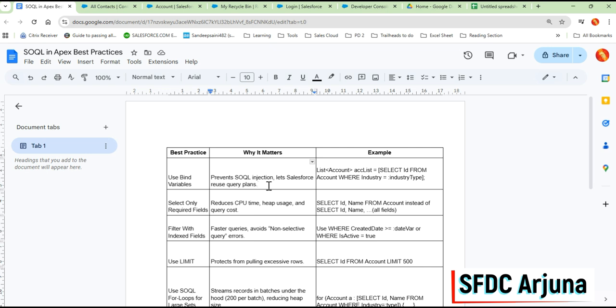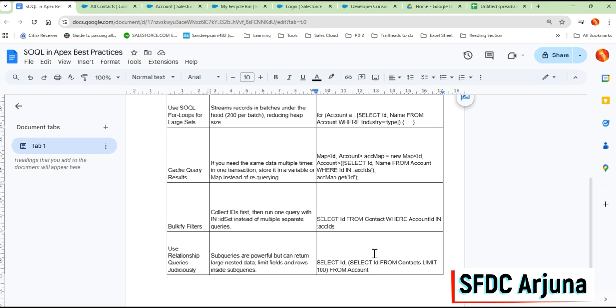Second most important is to fetch only the important fields. Third is always use indexed fields while querying in filter conditions, and always use limit so that you only get the required rows. And this one is also important: when you are querying, you should query on a set of IDs instead of multiple separate